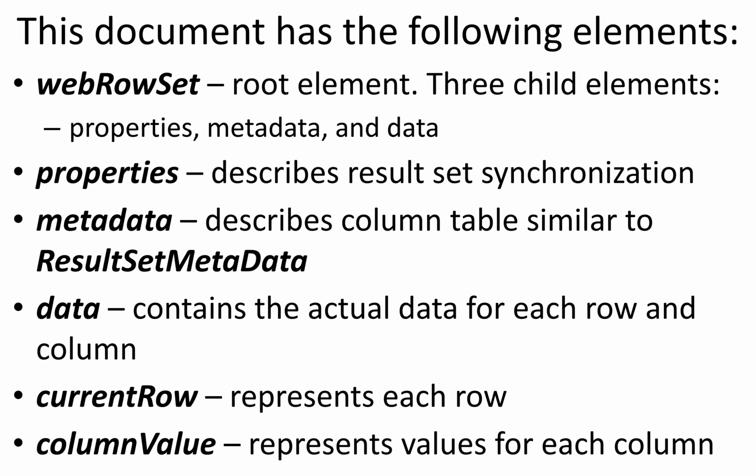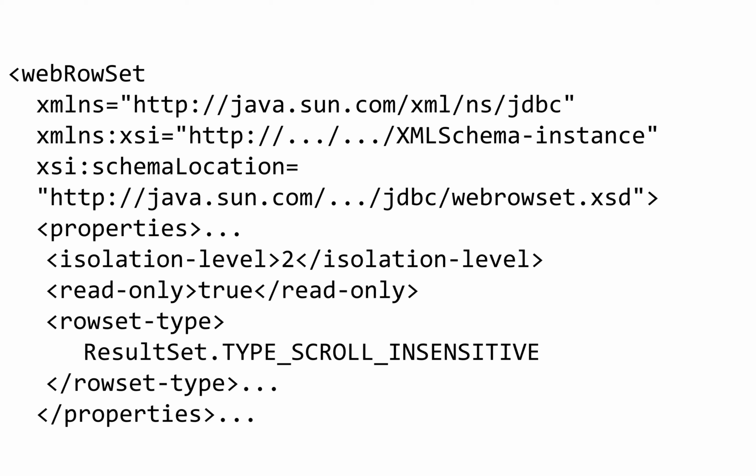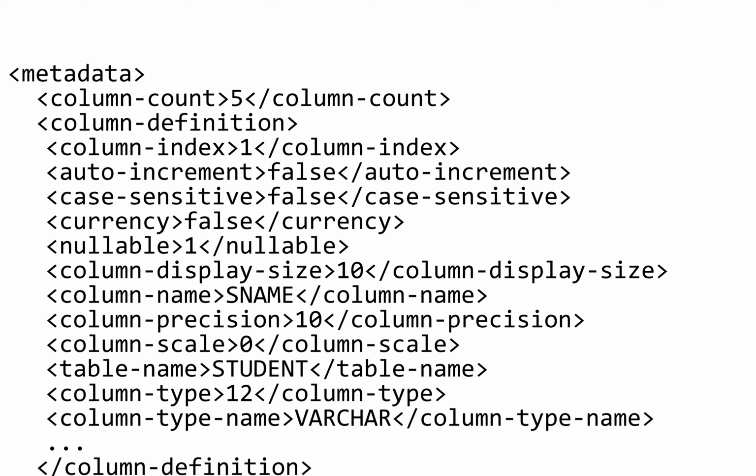So Web Row Set allows you to pass in the metadata of the table, and then it can generate rows of XML for you automatically. So for instance, this is how you would configure it, and it allows you to determine which columns you want to extract, how you want to convert it, how you want to validate it, and it can generate for you all the metadata from the source